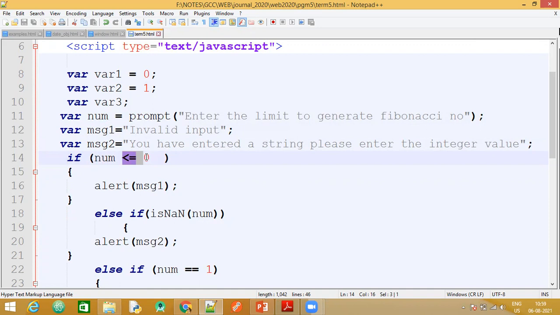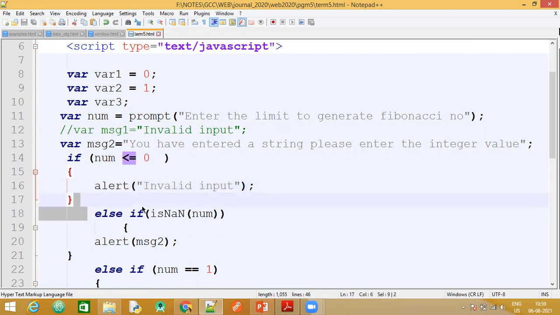If it is less than or equal to 0, let's prompt the user with the message invalid input. Let me comment this here, and instead of saying message1, we will write invalid input. Alert is another part of the window dialog box.